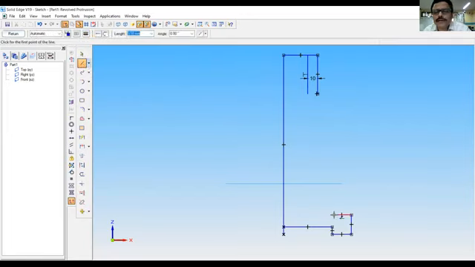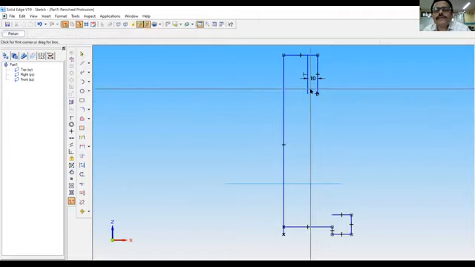Join this line to the endpoint of this. You can zoom it if you are not seeing it.